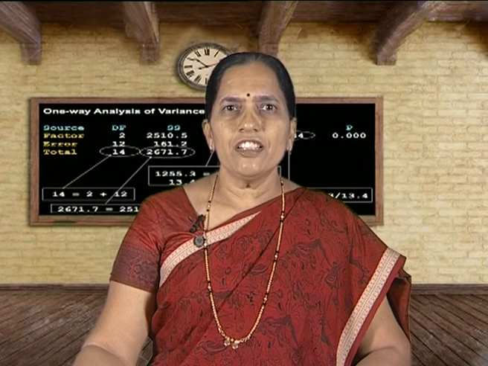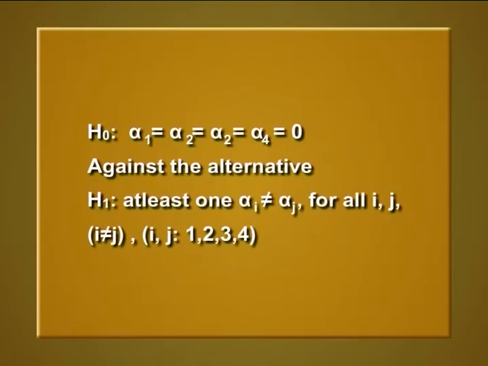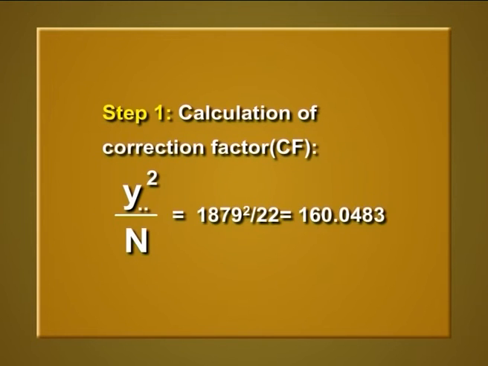Here we are interested in testing the hypothesis H naught: alpha 1 is equal to alpha 2 is equal to alpha 3 is equal to alpha 4, that is equal to 0, against the alternative H1: at least one alpha i is not equal to alpha j for all i and j, where i and j take values 1, 2, 3, 4. Step 1. Calculate the correction factor, that is y dot dot square by n, which is given by summing